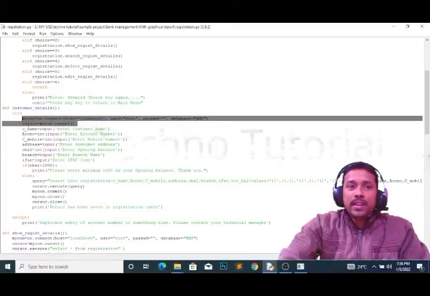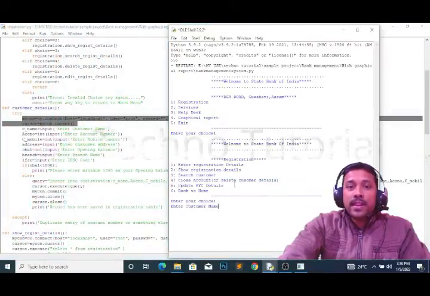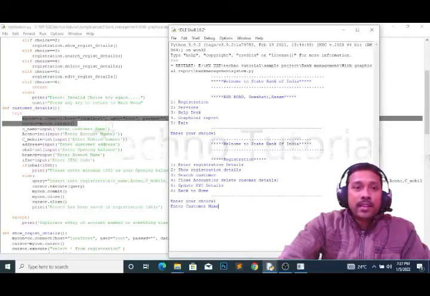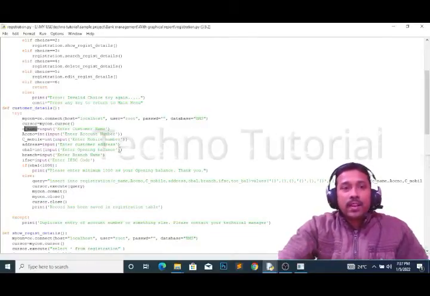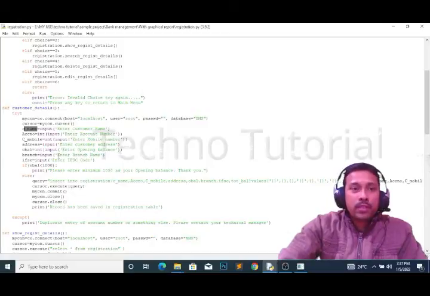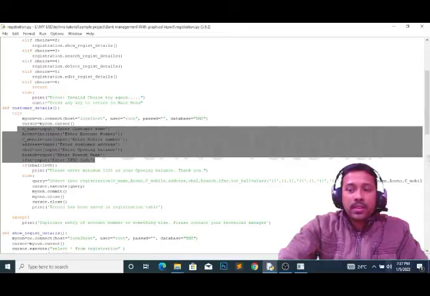Now, after connecting the database, what do I have to do? I have to enter the customer registration details. Enter customer name. See why it is coming: here, enter customer name is there first. We input the customer name, and it will go to the cname variable. After that, enter account number, the customer's account number we will input. Customer's mobile number, customer address we will input. Enter opening balance: at the time of opening the account, we have to put the opening balance. Then enter branch name, enter IFSC code. All these inputs I have to give first.